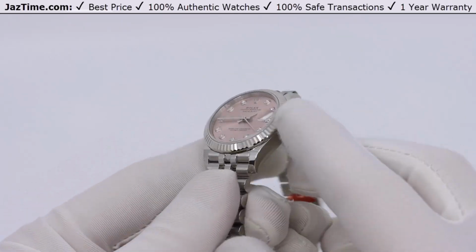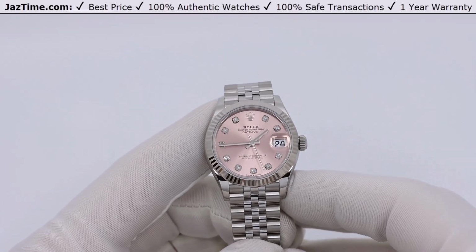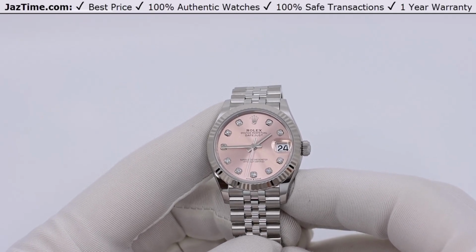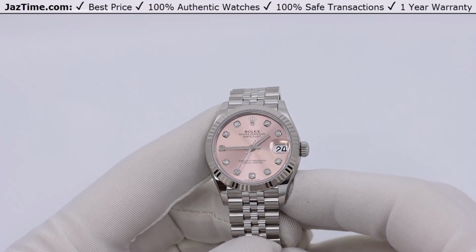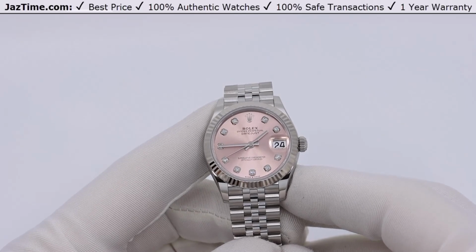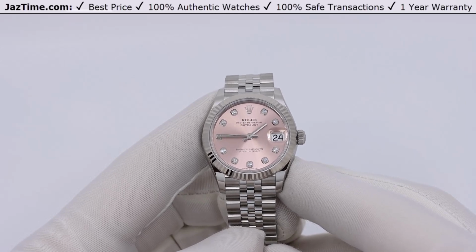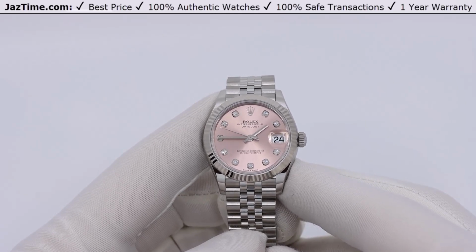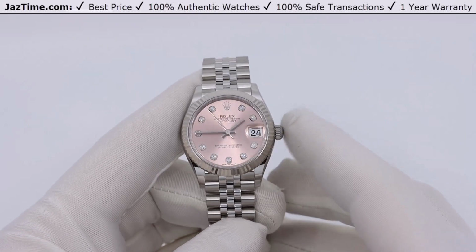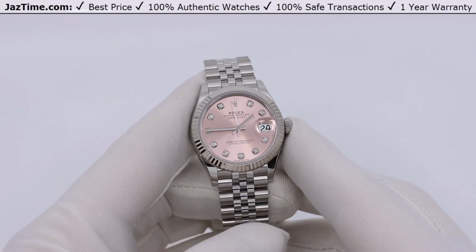It's 904L steel, which is a grade of steel that has very anti-corrosive properties and maintains its luster and beauty even throughout multiple polishes or throughout the life of the watch, which might even exceed your life or mine because the steel is so well made. A lot of companies do not actually use 904L steel because it's so difficult to work with. It's so hard. Rolex does. Many other companies, including even Patek Philippe, use 316L steel, which is a lower grade of steel, surprisingly enough. Okay, at any rate,